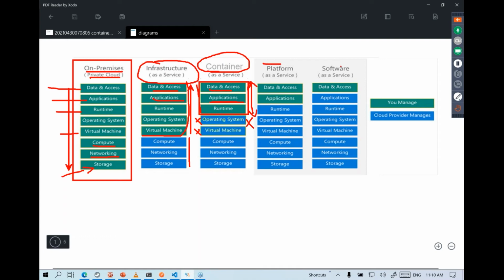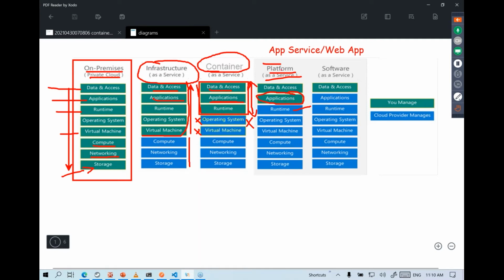Although we do have some more options here, like you can use any cloud platform as a service as well, but this is not the main focus of this session. But still, I'll just quickly summarize it. So in this case, you typically use something that is known as an app service, or you can call it a web app on Azure, where you just deploy your actual application. And the runtime, like do you plan to use PHP or JDK, all these runtimes will be provided by the platform as a service component of the cloud platform you plan to use.